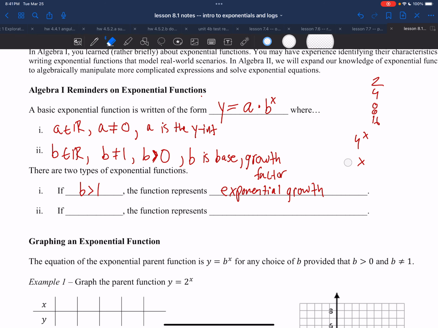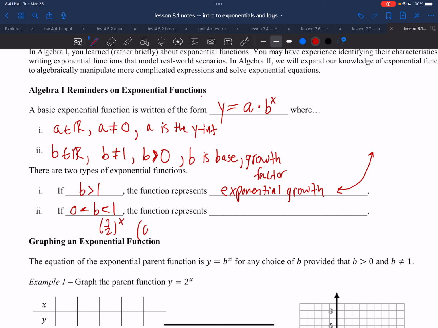So we're going to use this word a lot, growth. It's a growth function, and it looks like, whoop, something like this, which is something you're familiar with. The other type of base you could have is one that is less than 1. Now, I say that it's more than 0 because we don't want it to be negative, but the idea being a half to the x or like 0.35 to the x. These bases are less than 1,